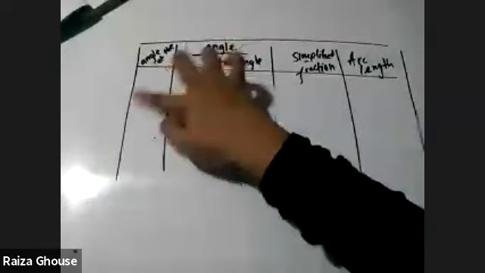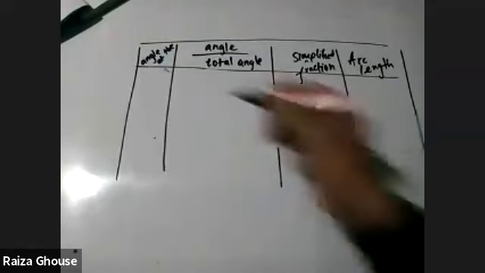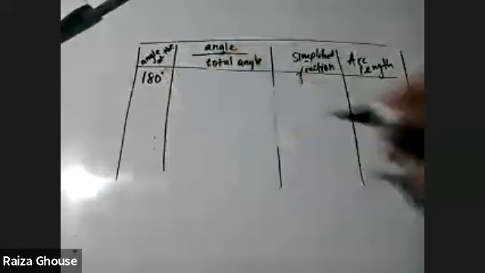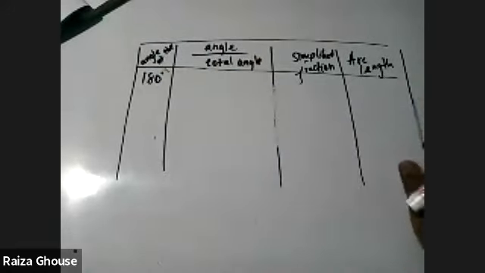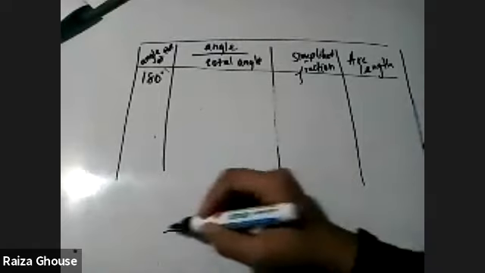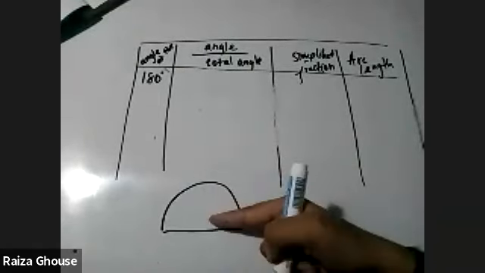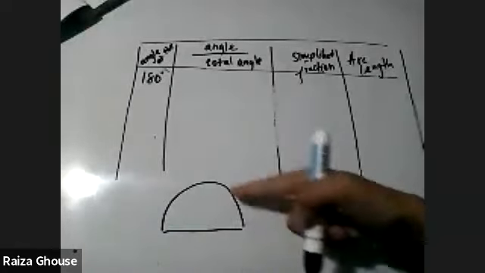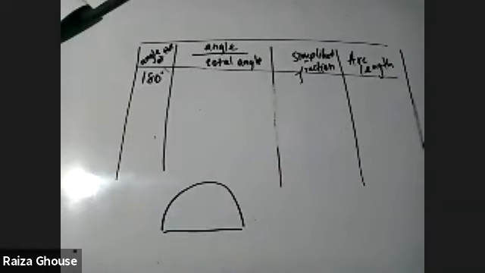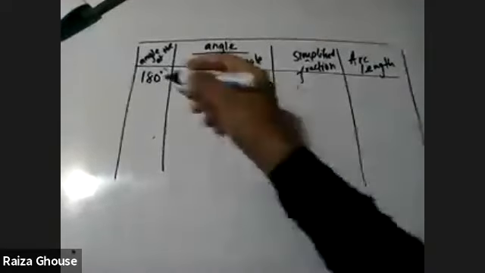Okay, right? Now, listen very carefully. First one I'm going to take is 180 degrees. Suppose you get a question whose magnitude is 180. How is 180? Semicircle, half of a circle. They will give you like this. They will not mention the angle here, because you should be able to understand semicircle means 180. Okay. So if you get a semicircle, magnitude is 180.